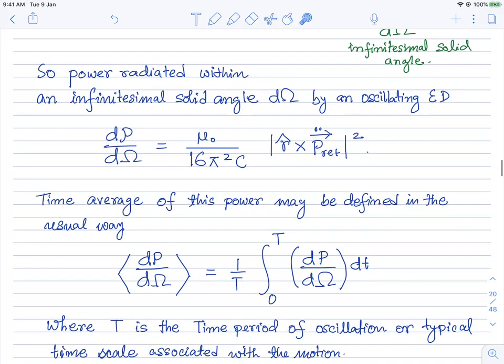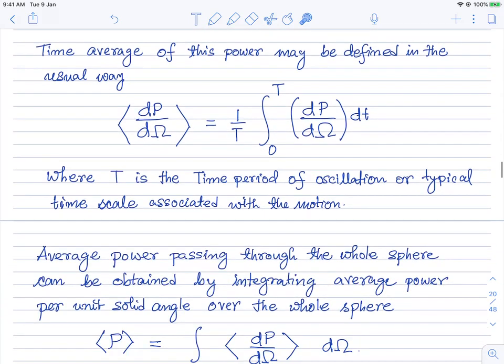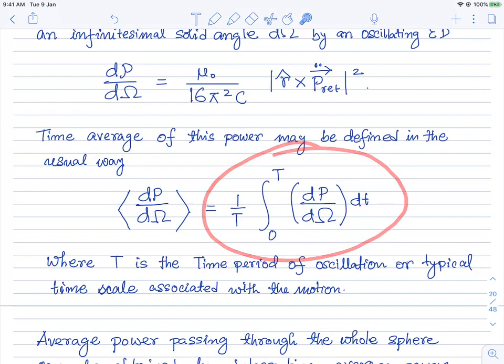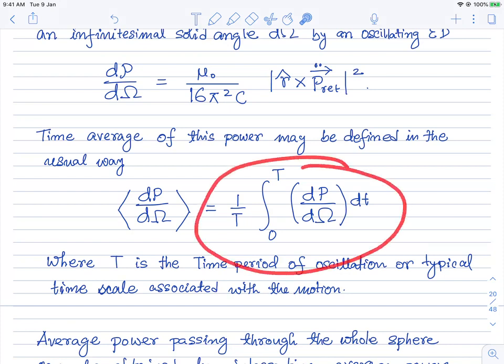Very good. So now again we can take this and find the time average. So that is the usual quantity of interest. So given any oscillating dipole configuration, we can find this object and then take the time average of it. It is recommended that you do that, as that is a very physical quantity. Of course this is dependent on time, but if you take the time average, then it makes a lot of sense: what is the average power that is moving out. Okay,